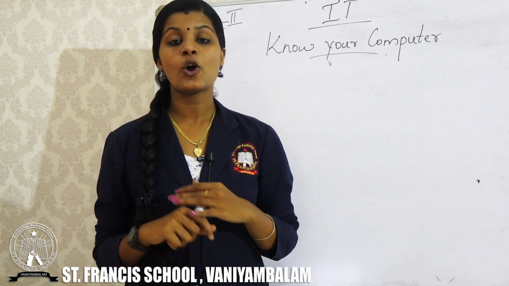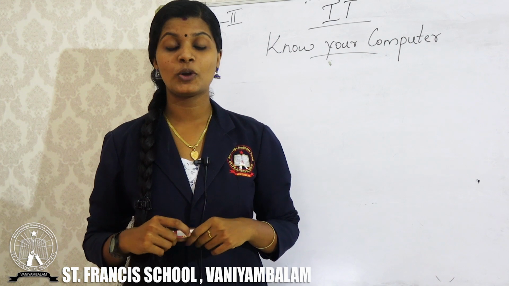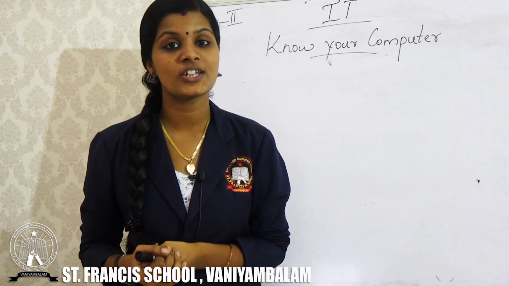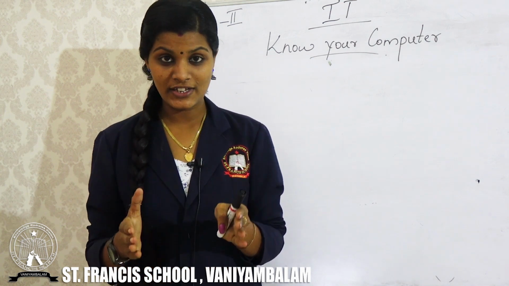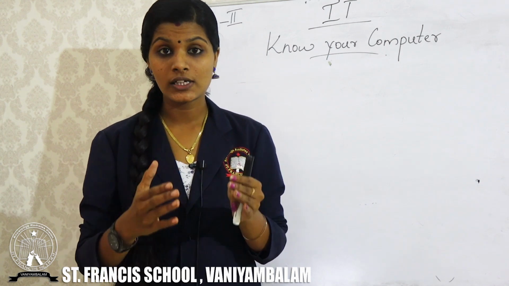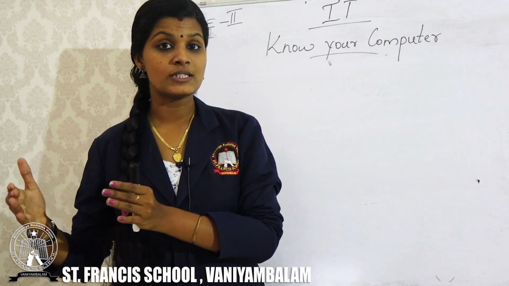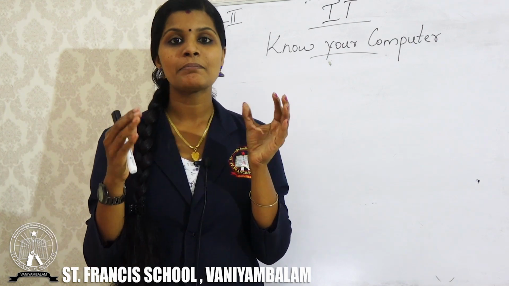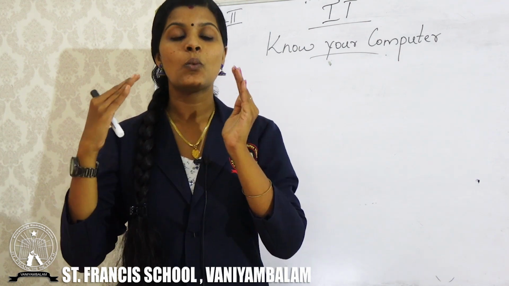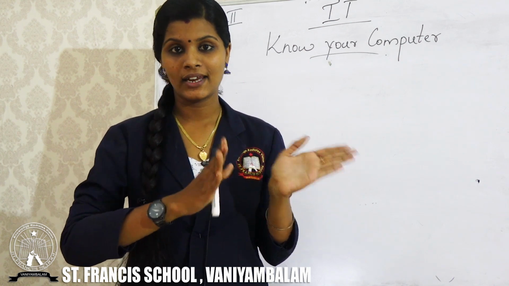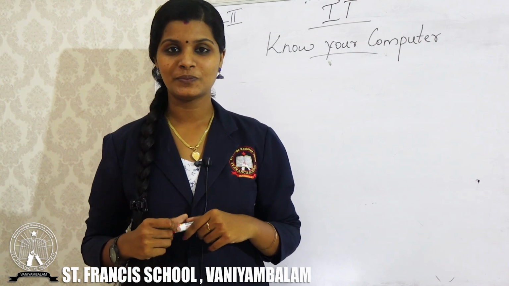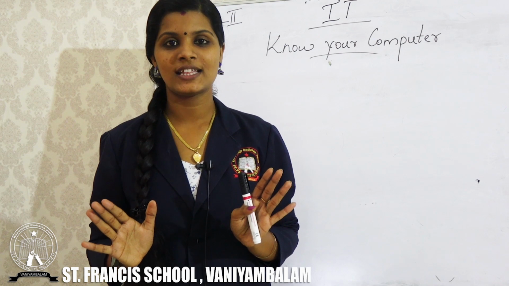Okay, so let's start. All of you take page number 3 in your textbook. We studied in last class the difference between computer and human beings. We studied what all things computer can do and also human beings. Some matters computer can do, we can't do. But at the same time, whatever things we can do, computer cannot. These are the things we have discussed in our first video. Hope all of you understood that.